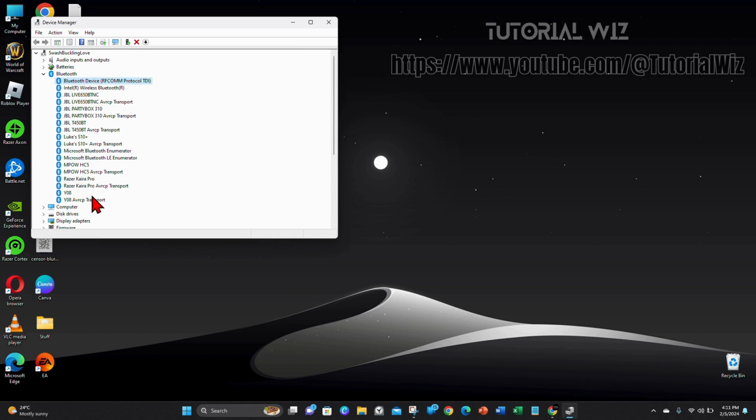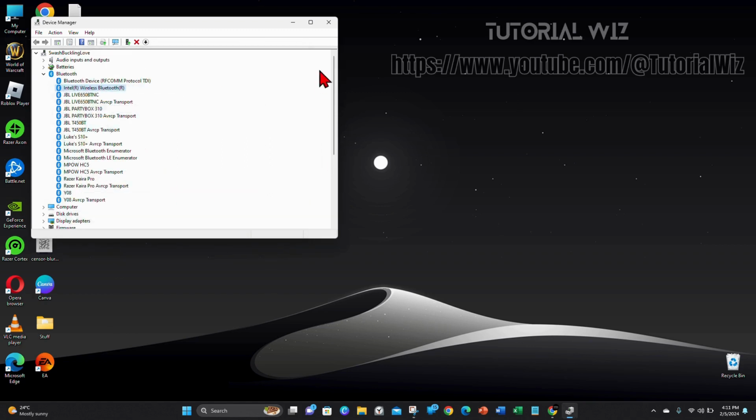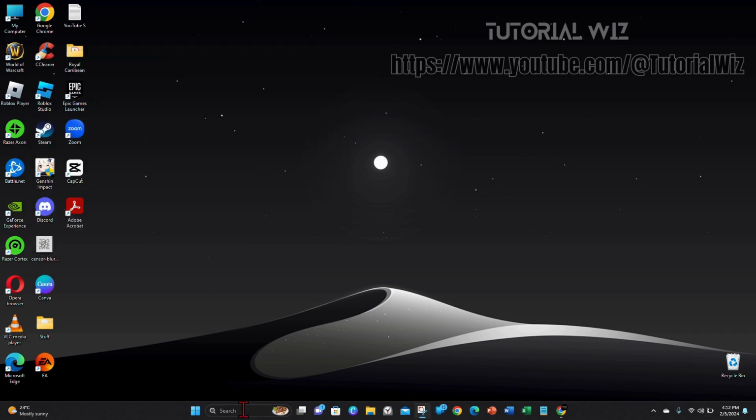That might be the case for you guys, or if not, it will update to the latest drivers. So anything with Bluetooth here, just right click and click on update driver. So go ahead and do that, which I've done. Once you've done that, click out of that device manager, and now you want to go back to search and